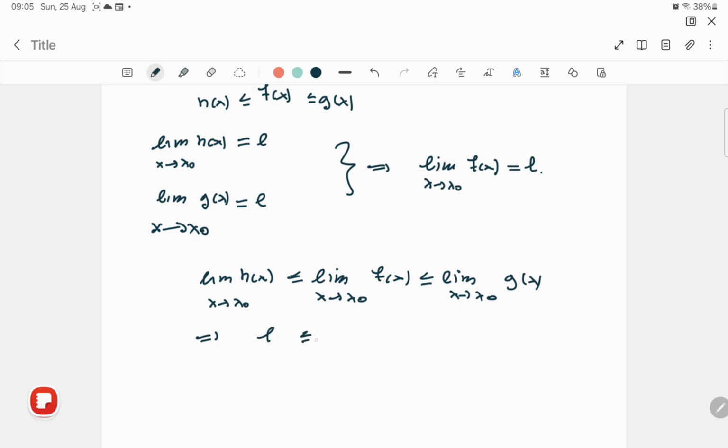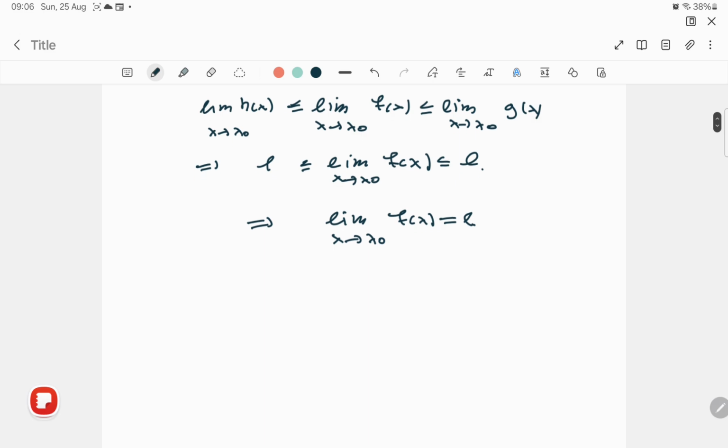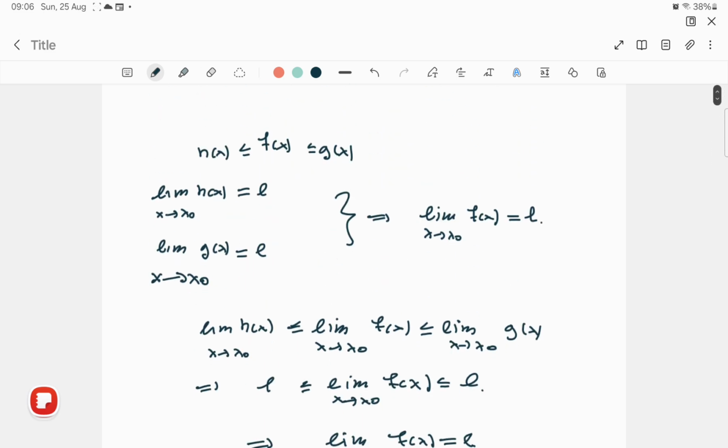This limit is L. And this is also L. So from here we deduce that the limit as x approaches x naught is equal to L. This theorem is called the sandwich theorem,